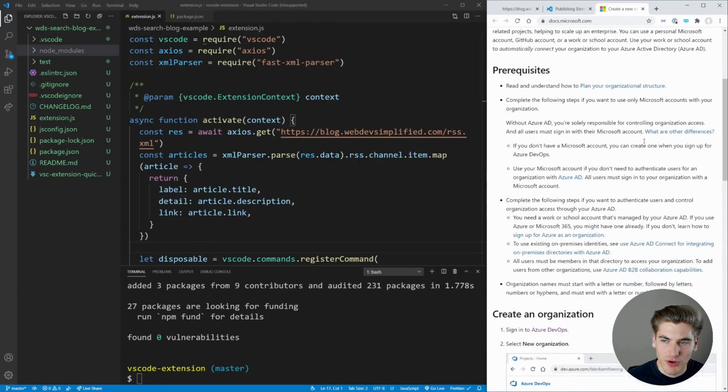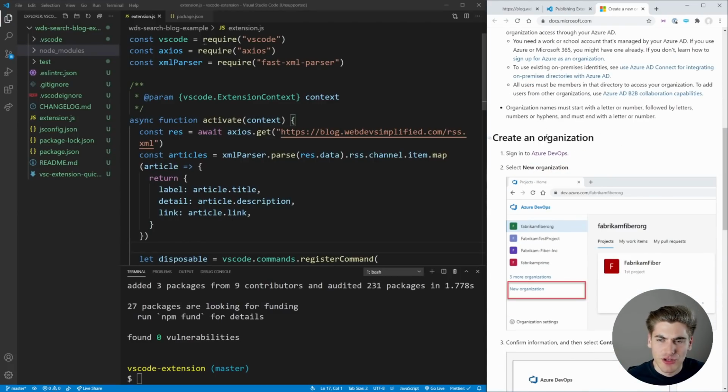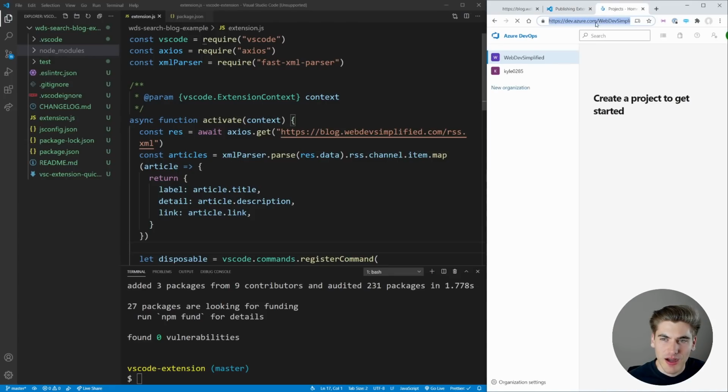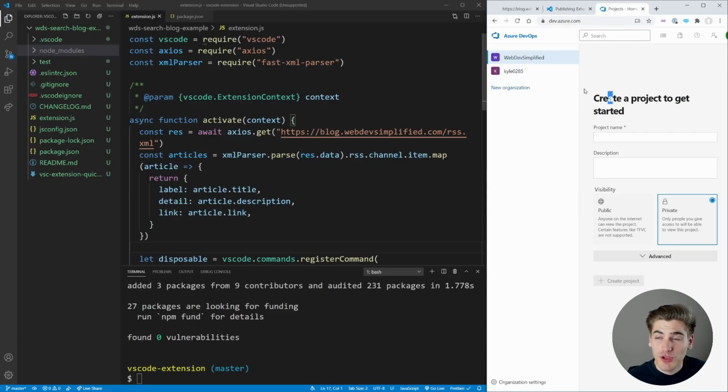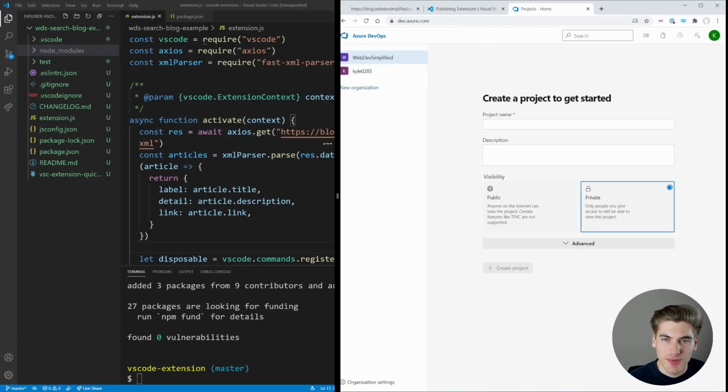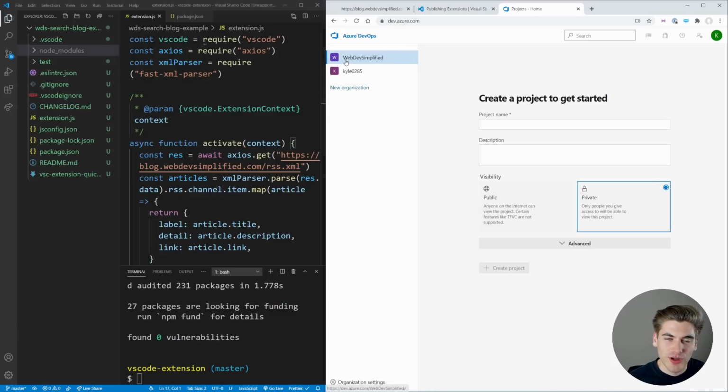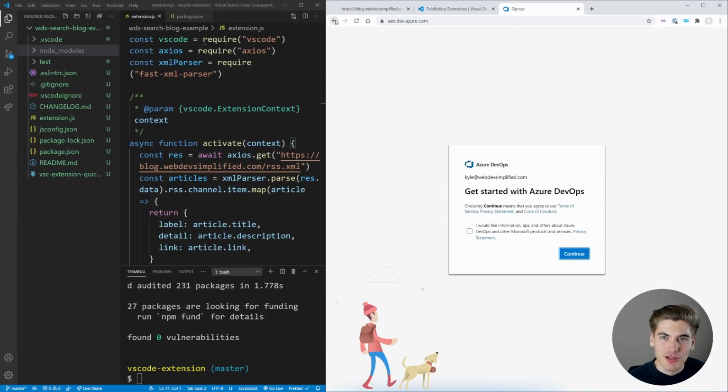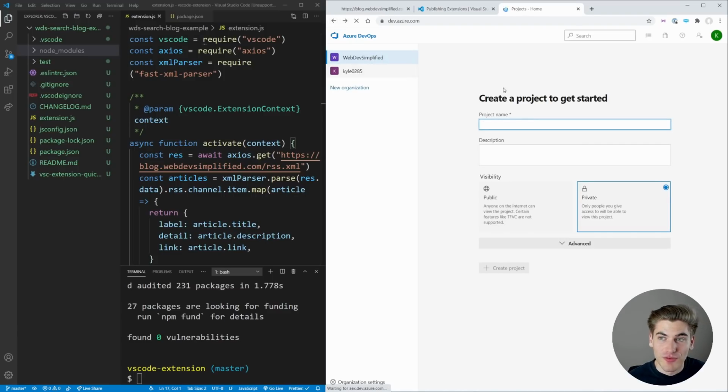And what you can do is just come all the way down here a little ways, see it says create an organization, click on that, and that's going to bring you to dev.azure.com, and it allows you to sign in. If you just search for Azure DevOps login, you can log in, and what you want to do is create an organization. So let me just expand this a little bit. You can see I've already created an organization called Web Dev Simplified. If you don't already have an account, you're going to need to create an account. So you can create whatever account that you want, and then you're going to create an organization by just clicking this new organization button right here and filling out the information that you need. I'm not going to do this because I already have an organization, but it's really self-explanatory.